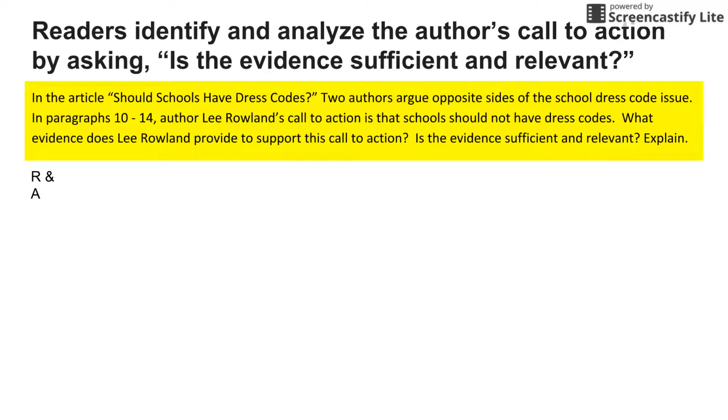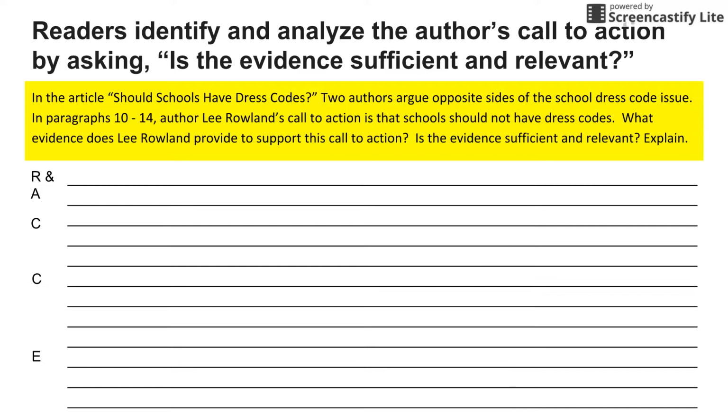If you need to rewind this video slightly so you have a good model to look at, you are welcome to use my model example. Then, following the restated question in sentence form and answer, cite one piece of textual evidence, cite a second piece of textual evidence, and then explain. If you're saying the evidence is sufficient and relevant, explain why it's considered to be sufficient and relevant. If you're saying the evidence is not sufficient and relevant, then explain why it's not sufficient and relevant. And so you will be provided with this exact page. It's a blank page that you can use to write out your